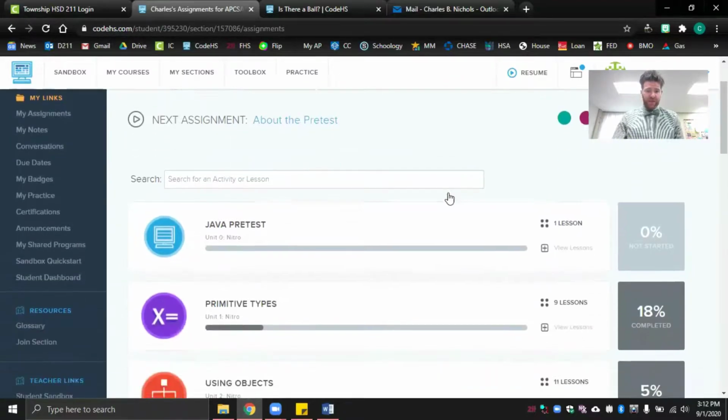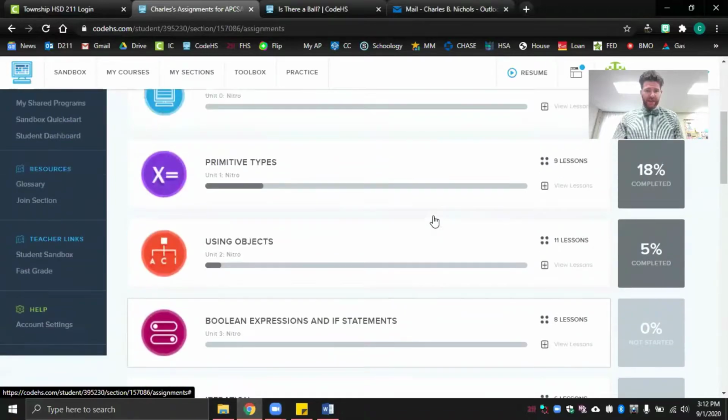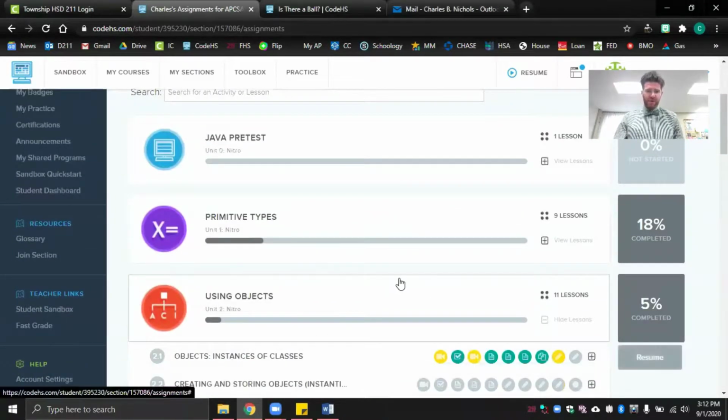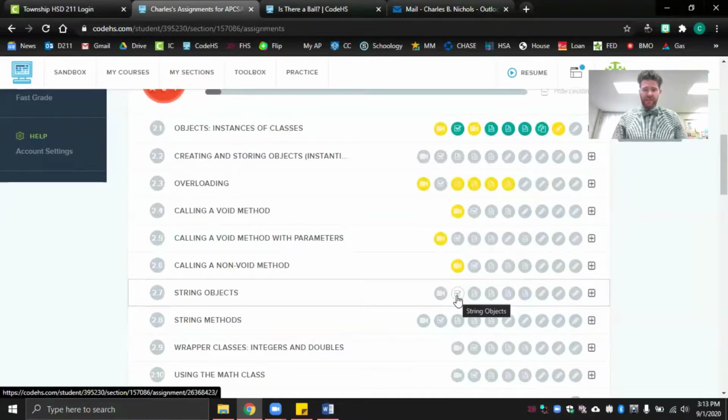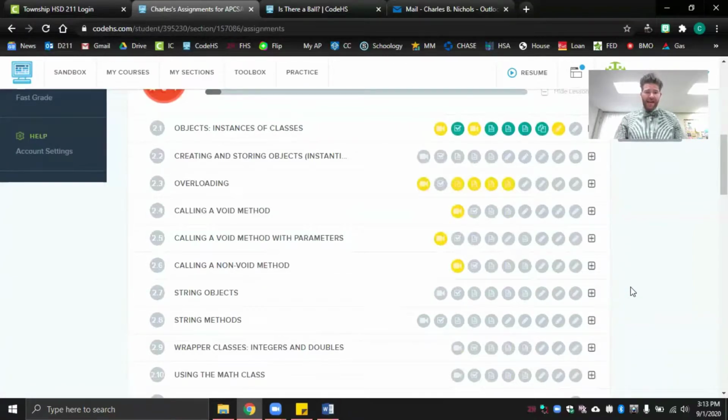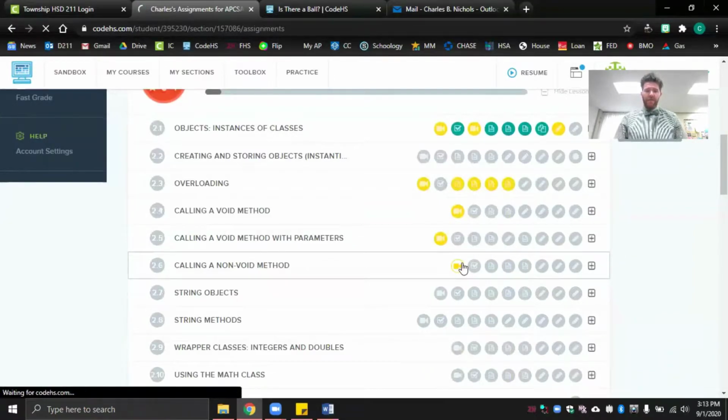As you can see, we have several different units that we will be getting through, and each unit is broken down into individual lessons. The lessons are numbered in a very numerical way, making it nice and easy for us to see. One of the things that is really nice is that each lesson offers pretty much the same kind of status every single time. It allows us to watch some sort of a video, take some sort of a quiz, go through some brief examples, and then have some homework for the students. So let's just go ahead and jump right into one of these and see what these things look like. For example,